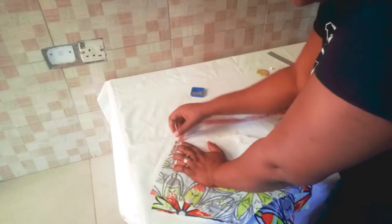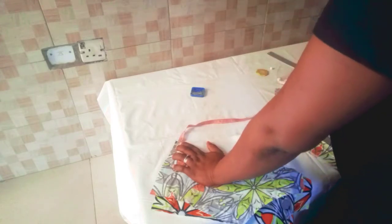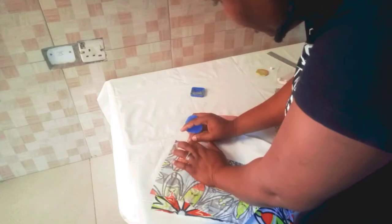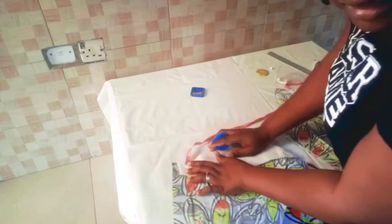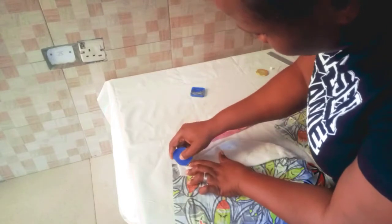If what you use is half an inch, you just take your half an inch measurement. You just keep measuring half an inch. Hope you see what I'm doing. Just measure half,